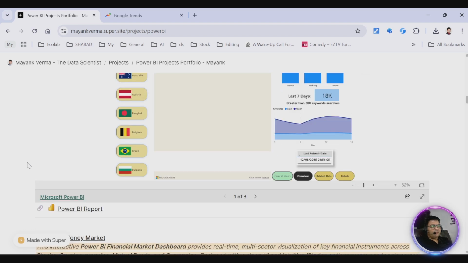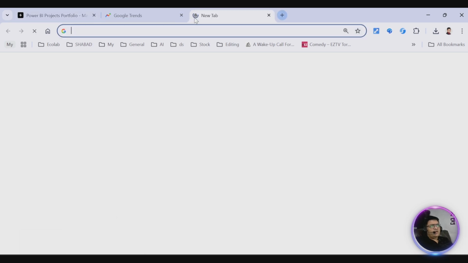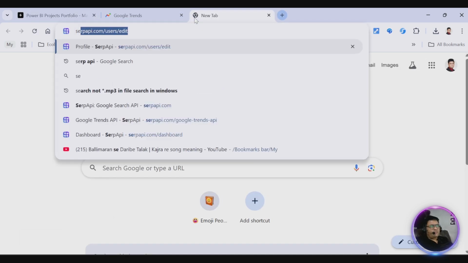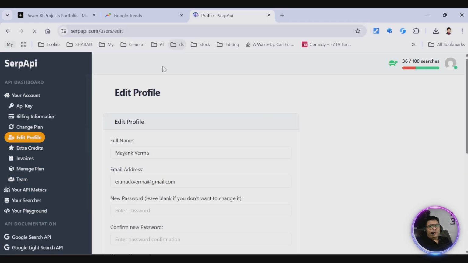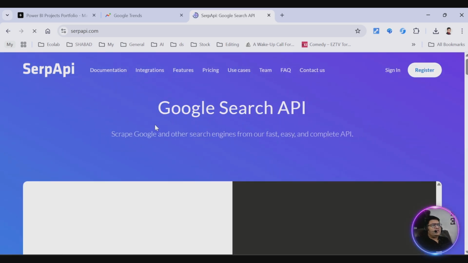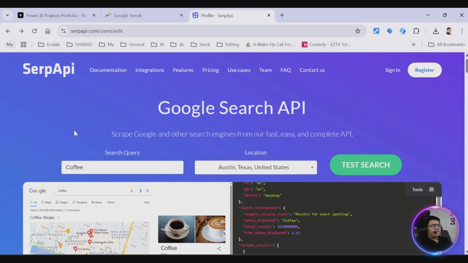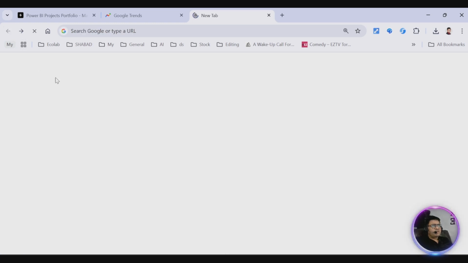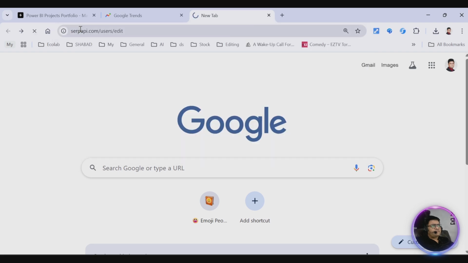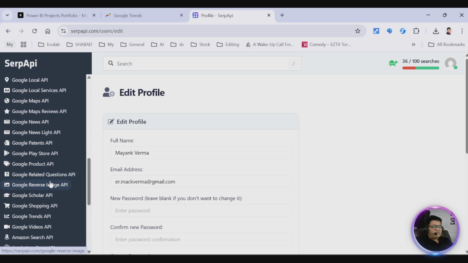I got it using a keyword, using an API, a Google API. You can see in the other video as well, where I show the complete thing, how we can use the SERP API to get all these Google APIs for different things. This is a website where we can just get all these things. Let me show you which one I used. These are the different ones, and if we just go down,